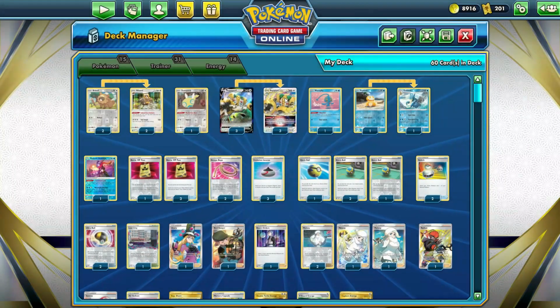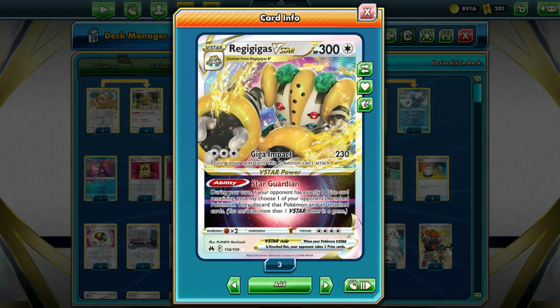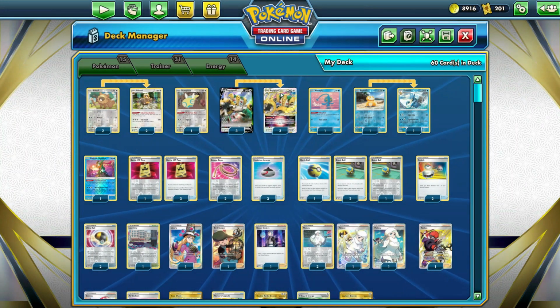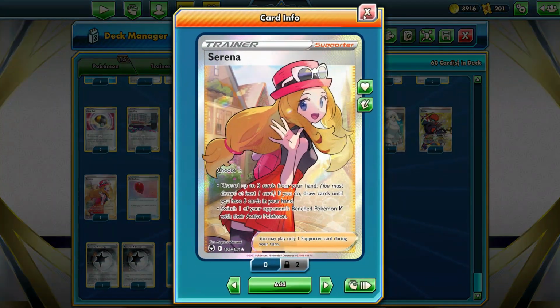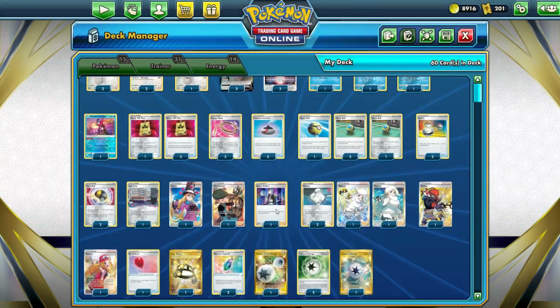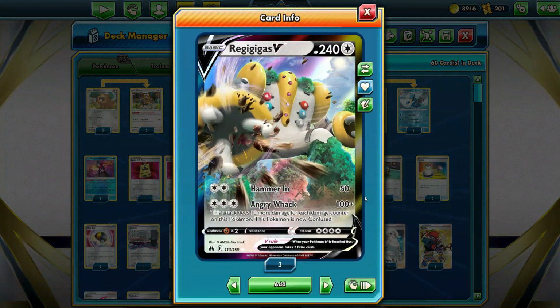So our first attack actually gets to kill a V Pokemon, but we are not able to kill a V-STAR with our first hit just because Giga Impact is not doing enough damage for a V-STAR knockout. But if we are lucky enough to get Boss or Serena at the right time, we may be able to kill a V card early game, and then on the next turn knock out another V-STAR for another 2 prizes